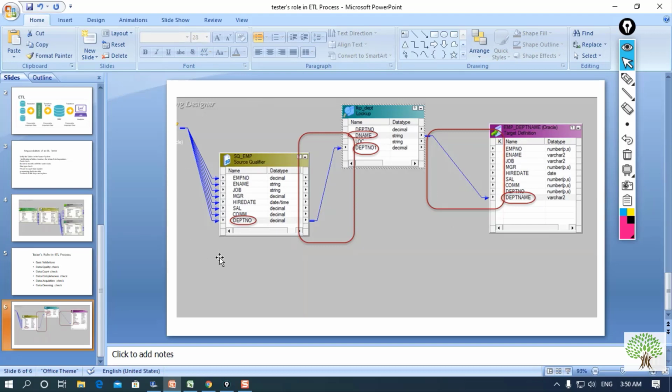So basically what happens, we take a source file, we fetch the data through the source file, and then we perform some transformation logic, and then the data is passed to the target area. The target data warehouse is nothing but a place where the historical data as well as the updated data is recorded, or we can say saved, right? So these are the basic and main responsibilities of an ETL tester. So hope you have got it, and thank you for joining.